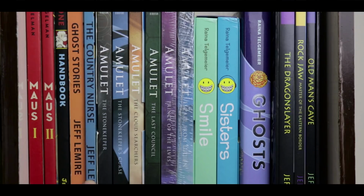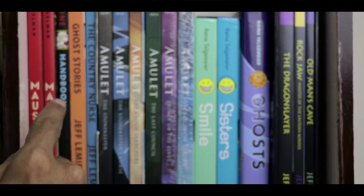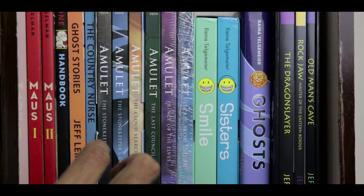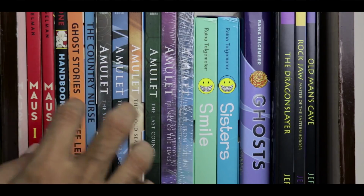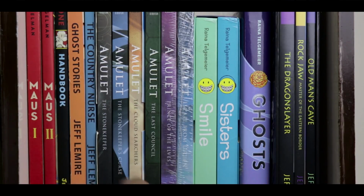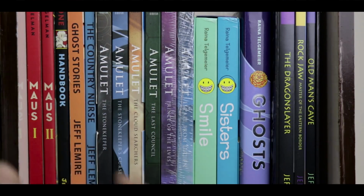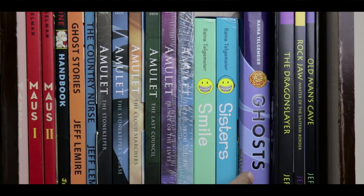Unlike Jeff Lemire's Ghost Stories and Country Nurse, volumes 2 and 3 of Essex County. I've lent out volume 1 currently to someone who's going to see if they want to follow up with 2 and 3. I'm pretty sure they will, because Essex County is a terrific book and my favorite Jeff Lemire to date. Also in the Scholastic family are the Raina Telgemeier books. So here's Smile and Sisters, available in a box set, and Ghosts, which I recently featured in one of my videos. These are all brought out by Scholastic's Graphix imprint, which also brought out the Bone color editions,